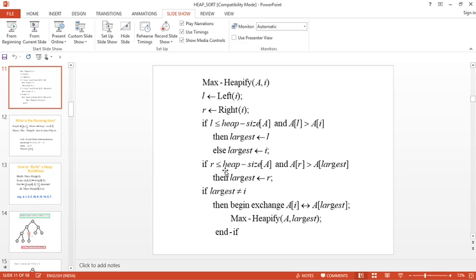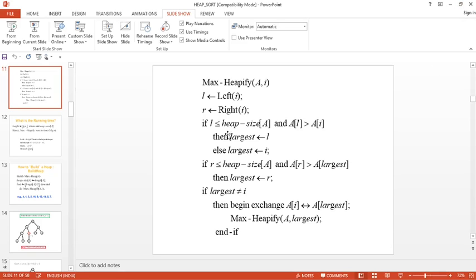You see whether the right child is greater than the root node. That is also okay, yes. Now you thought that since the left child is greater than the root node, it is the largest. But when you go to the right side, you see that the right child is greater than the root node, and when you compare, you see the right child is actually the largest, not the left child. So largest is not equal to i. That means you will consider the right child as the largest element among all these three, because the tussle is going on between the root node, left child and right child.